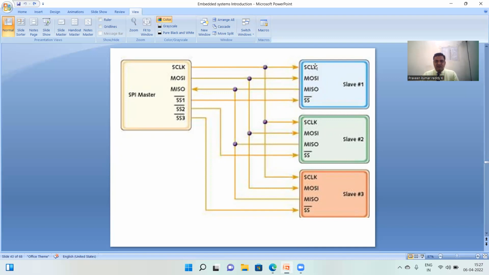Serial clock is going to slave 1, slave 2, and slave 3. Same clock, so all the slaves are synchronized with the master, at the same frequency. And master out, slave in is also going commonly to all. So the only difference between the previous diagram and here is